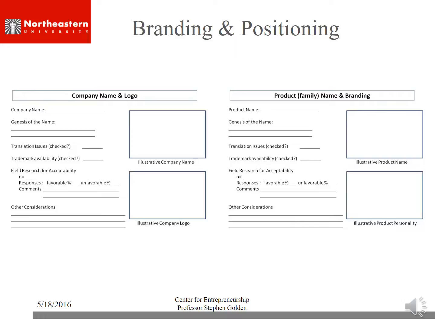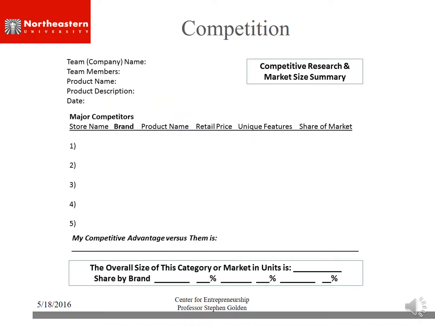So this is your branding and positioning statements. Competition. You need to go through a comprehensive review of what's available on the market today. Now there's a couple ways you can do this, and I know the knee-jerk reaction is I'll do a Google search and find everything I can. It's a great way to start, but I also